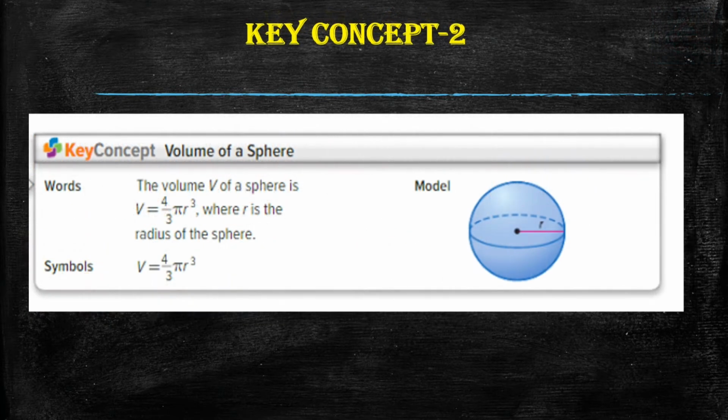Moving on, let's now see the second key concept for the session, which is on volume of a sphere. So again, how is volume different from surface area? It is going to be three-dimensional and the unit here would be cubic meters. So the formula that would help you to get the volume of a sphere is given by capital V equal to 4 by 3 pi r cube, where r is the radius, and pi you all know is 3.14. So you could easily use this formula for any question when you have to find the volume of a sphere. So let's see an example of how we can apply this formula to solve some problem.